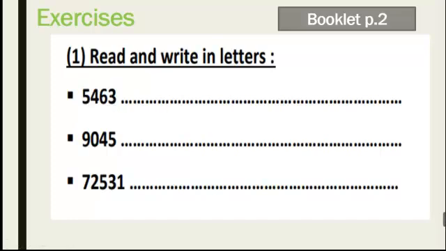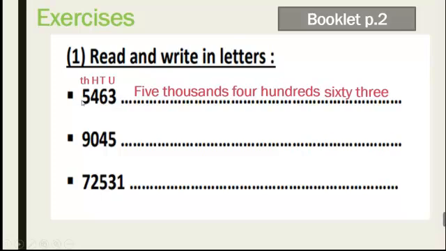Okay, so first I will see how many digits I have. 1, 2, 3, 4. What are the places or the place value of these digits? Here, units, tens, hundreds, and thousand. So I will say 5,463. Okay. 5,463. I have 4 digits and I will put the places units, tens, hundreds, and thousands. And I will start with the thousand, so I will say